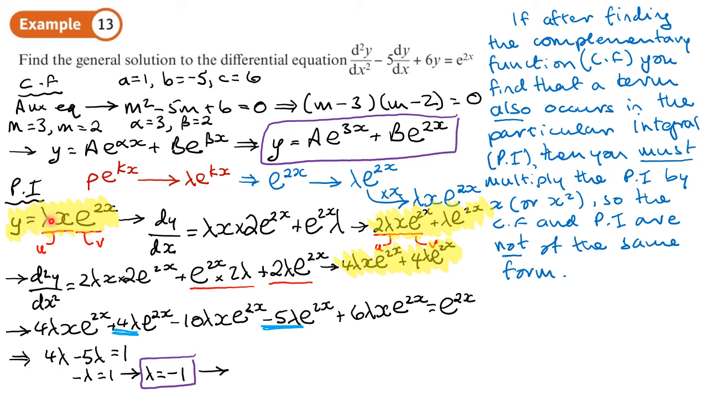So that'll be negative x e to the 2x. So actually, I won't highlight this. I'll highlight this here, because that is my particular integral. So the general solution